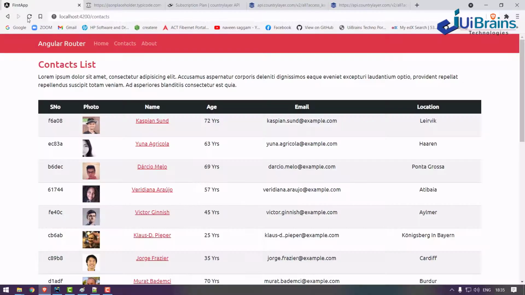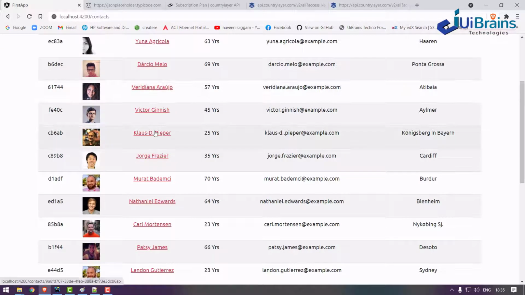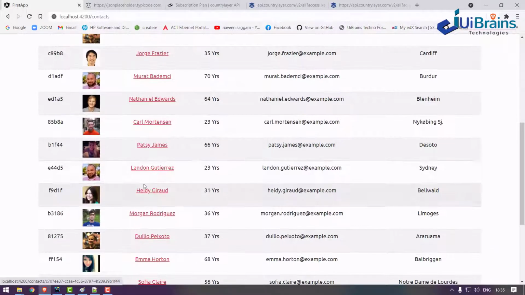Let's check. When I refresh and click on this Caspian, see A08. Now click on this. See, it went to contact details as per our router configuration, and you got A08. Of course, anything you click goes to the same component with a different ID.